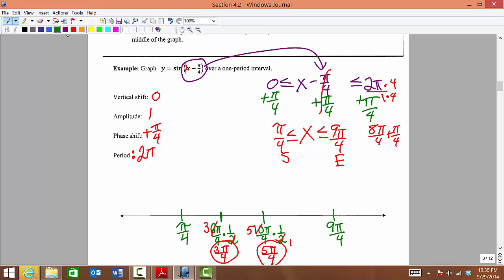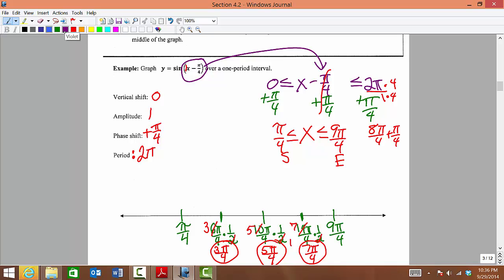Now the last midpoint, we're going to take 5 pi over 4 and add that to 9 pi over 4. So we're going to add together. That gives 14 pi over 4. But we need to half that, so we're going to multiply by 1/2. Reduce common factors, so 2 and 14 have a common factor of 2, so that gives 7 pi over 4 as the reduced midpoint. So we add together, multiply by a half, or divide by 2, same thing. So now we have all of our midpoints,